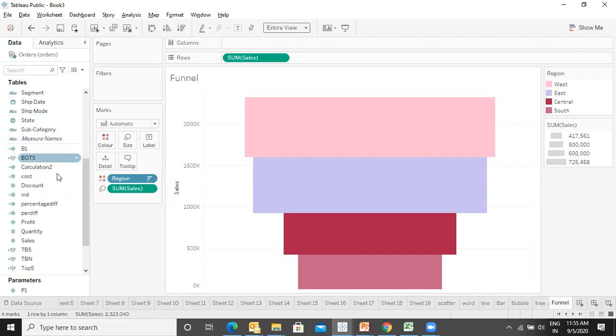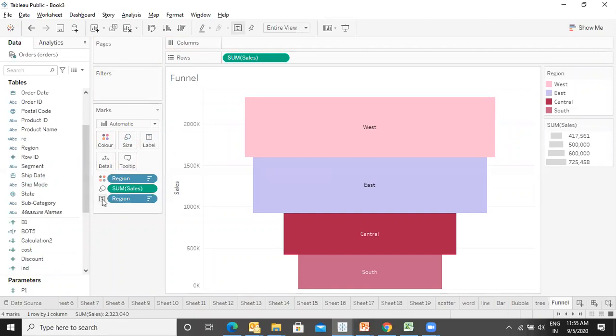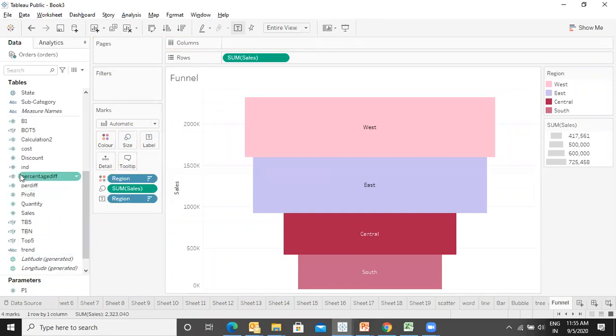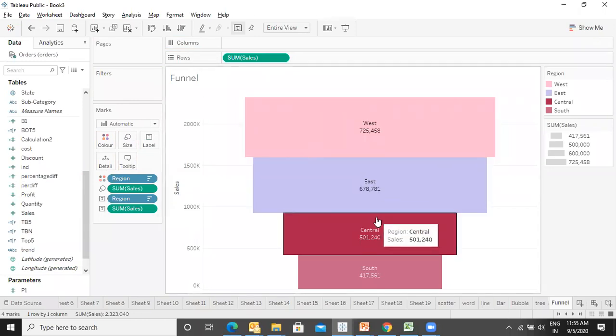I can display whatever I want in the label region, and let's display the sales. If I want to display a percentage, the percentage contribution, can I? Yes, please. How?